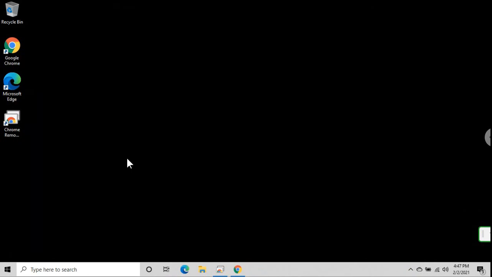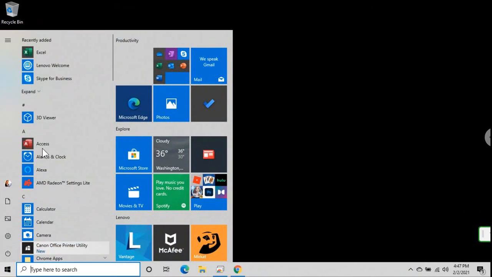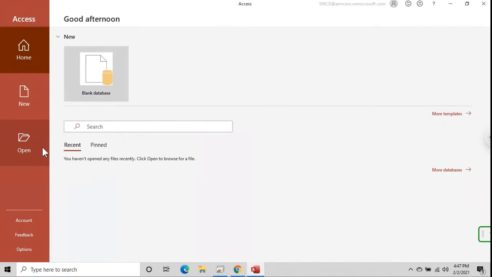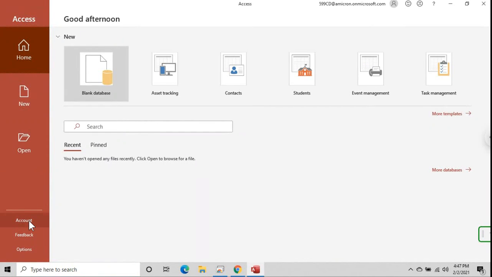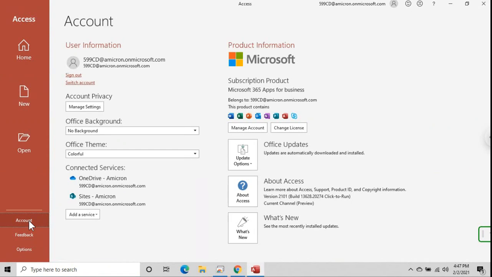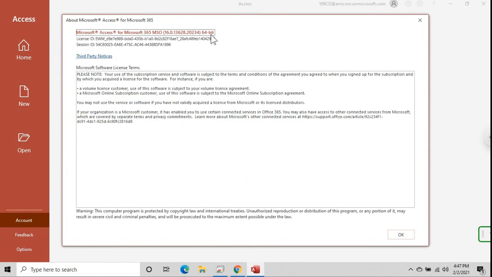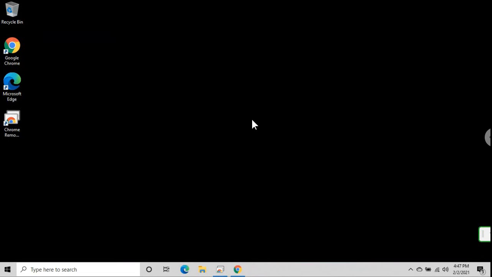64-bit Office is installed. How do I know? Start, run any of the apps. Access is fine, Excel, whatever you want to run. They're all the same. Go to Account. Subscription Product, Microsoft 365. Go to About Access or About Excel or whatever. And then right there, 64-bit. So now I'm all set, and now I can start fixing some of the